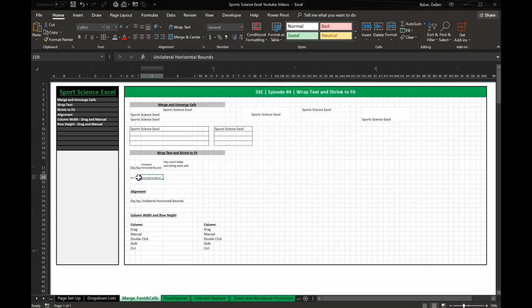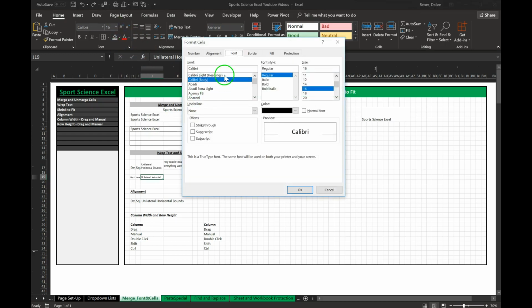It automatically shrinks to fit the size of the cell, okay? So it doesn't matter what you put in here, Monday. It'll continue to shrink to fit the size of that cell. The same thing goes for if you take text away, it'll increase the size, but only up to a point. For example, I think the largest font size that it'll increase to match the size of the cell is 12. So font size 12. Once the cell gets bigger than that, if you want bigger font, you'll have to manually go in and uncheck the box